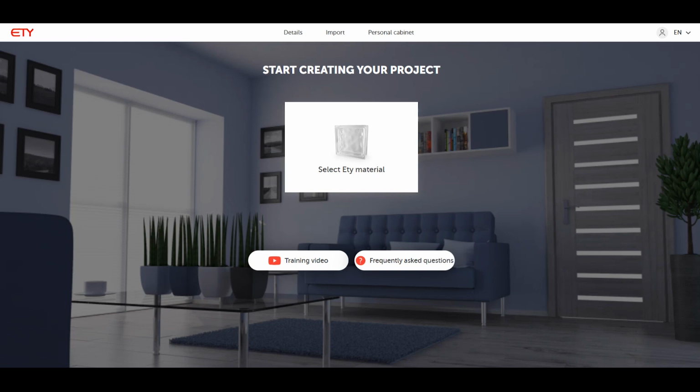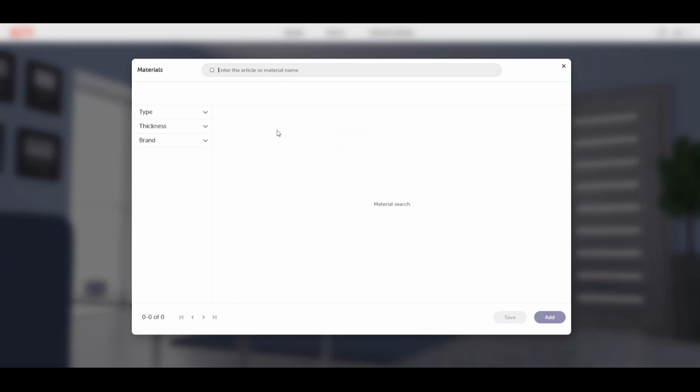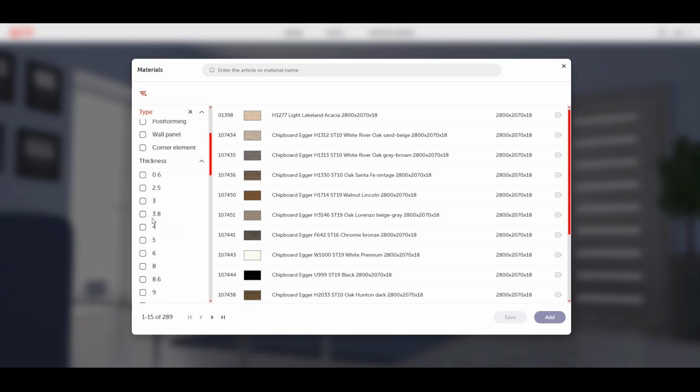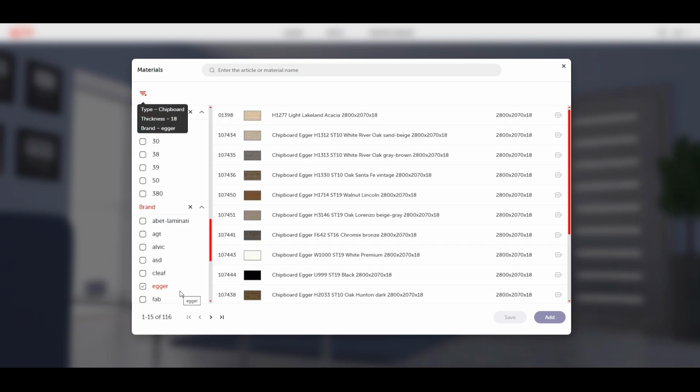To begin, we need to add materials and edge bands to the project. Click Select Any Material and enter the name or item number of the required material. In the Search and Add window for panel materials, you can filter materials by the following attributes: type, thickness, brand. You can apply filters together or separately for each attribute. After adding a filter to the materials search, you will see an icon with a pop-up window listing the applied